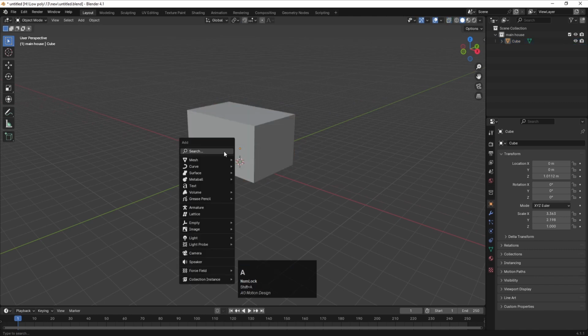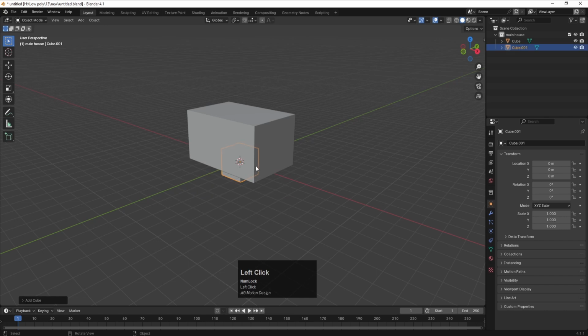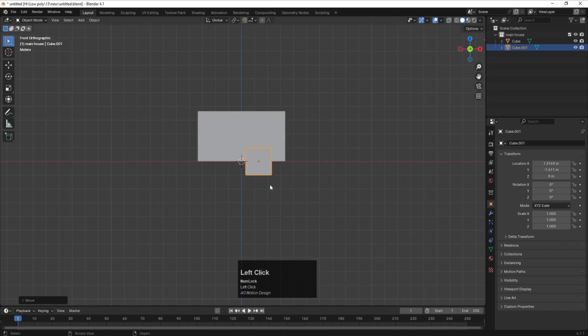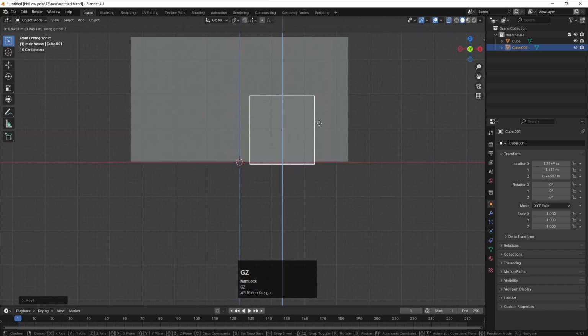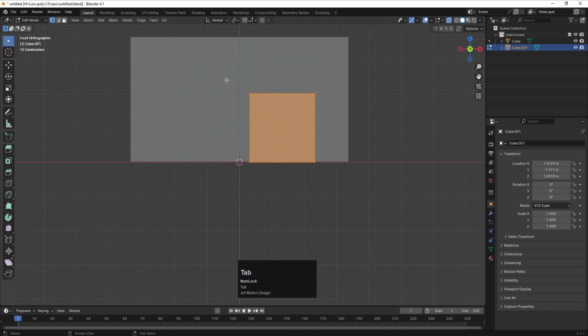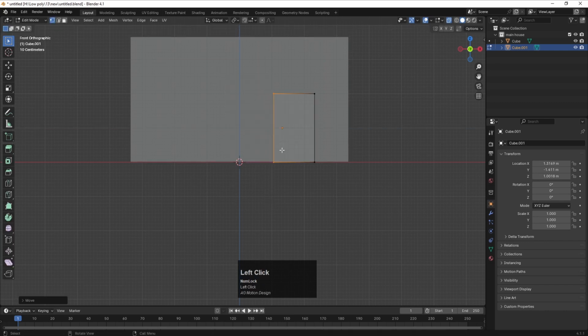Now Shift A, go to the mesh, and we are going to select our cube, and let's try to go to the top view, press G Y and let's try to bring this somewhere around over here. G Z or X and try to bring this somewhere around over here. Similarly, go over here, hold Alt Z, G Z and try to bring this properly over here. This is going to be my door, so press tab, select this portion,